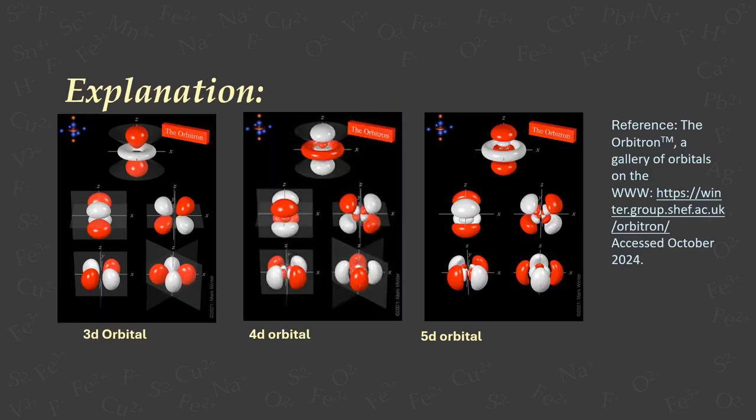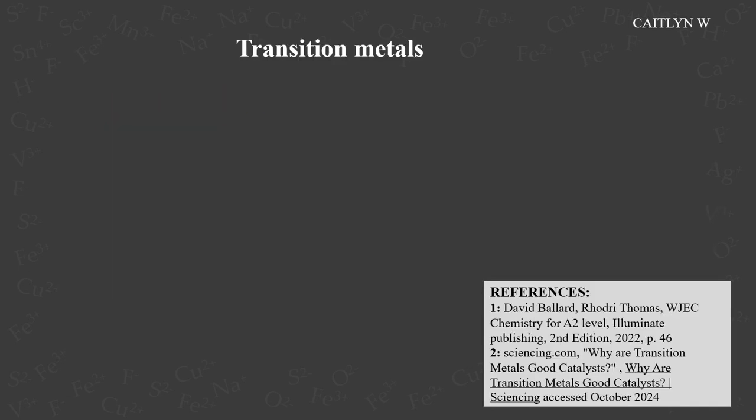And the reason for this is because 3d orbitals are smaller, more compact, and closer to the nucleus than 4d and 5d orbitals, leading to greater nuclear attraction. As a result, electrons in heavier elements are more free to participate in chemical bonding, making higher oxidation states more stable. So one thing that we like to talk about quite a lot when we're thinking about oxidation numbers is